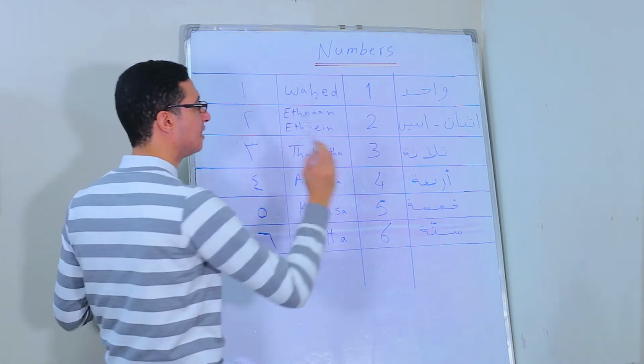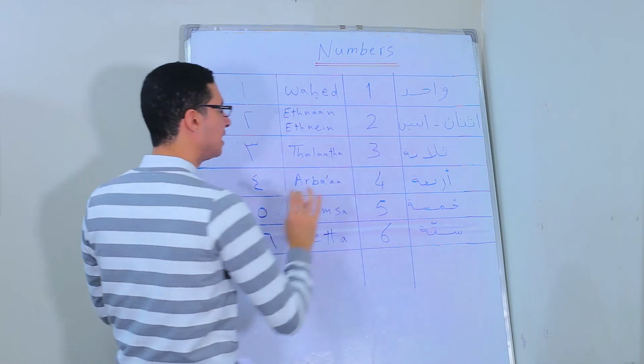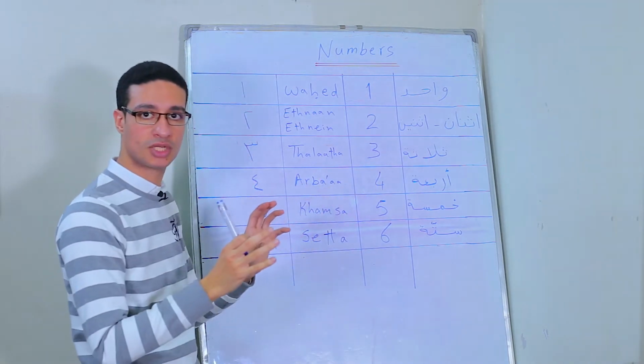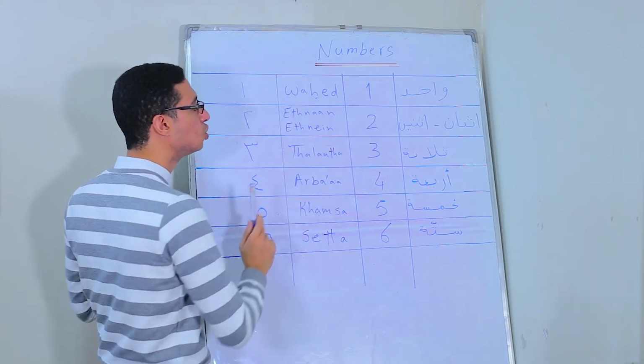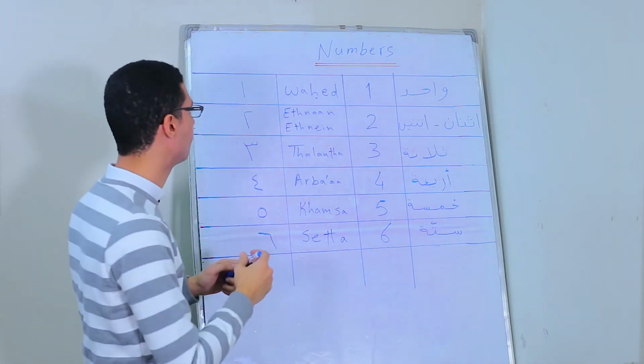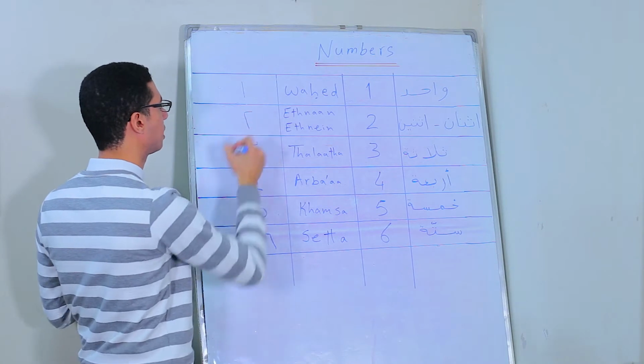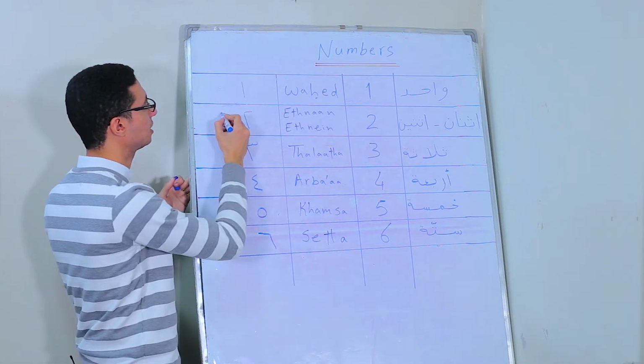You just have to know that اثنان and اثنين are two forms of the same word that tells us this is number two. Okay, اثنان, two of something. And it's written like this. So this is how it's written in